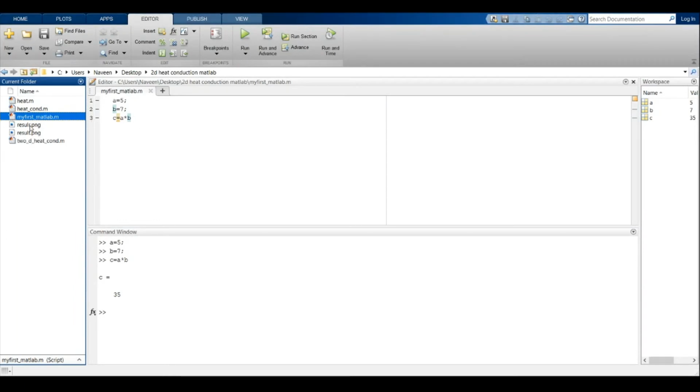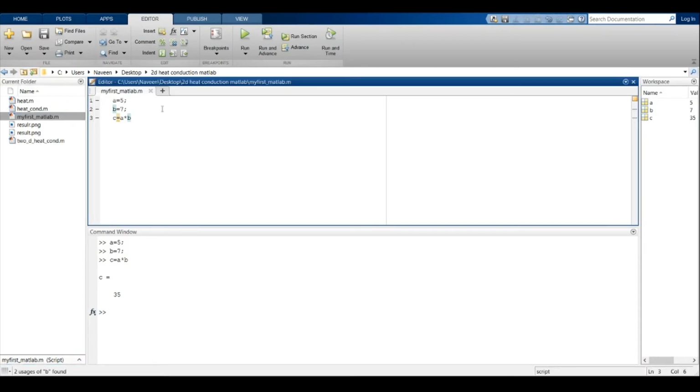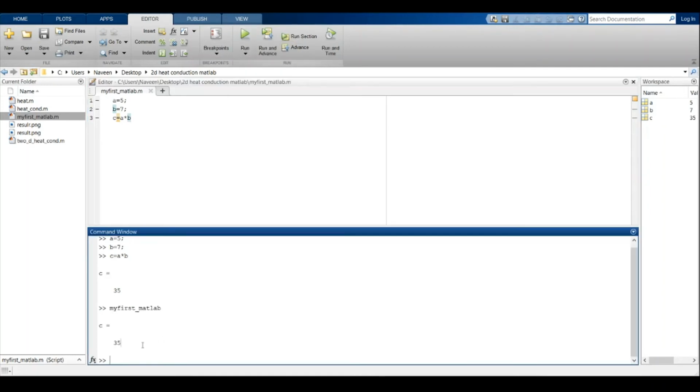It will show the files containing the folder and run it. By clicking on this run option, we can run this code. Here you can see C equals to 35, and here it is the file name. Before that there is no file name because it is not yet saved, but I have saved by using editor window, so you can see my first MATLAB as the name of the file.